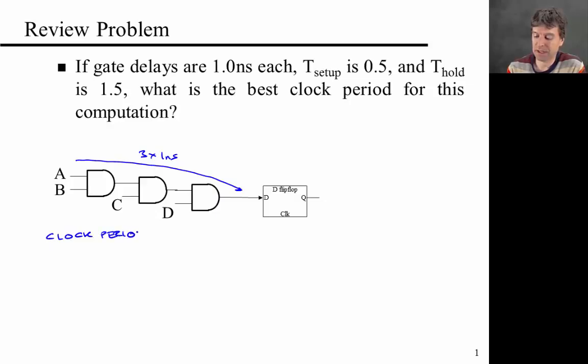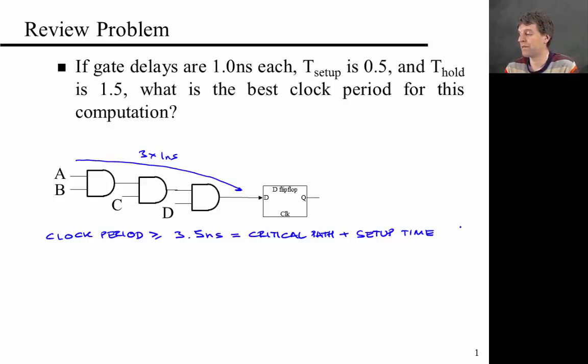Namely, it should include both the critical path, which was 3 nanoseconds, but also the setup time. So the clock period should be longer than 3.5 nanoseconds, which is equal to critical path plus setup